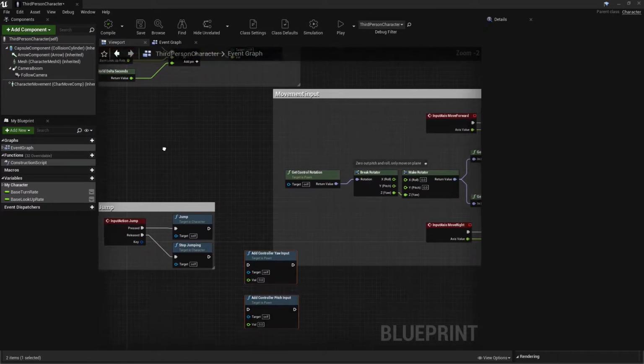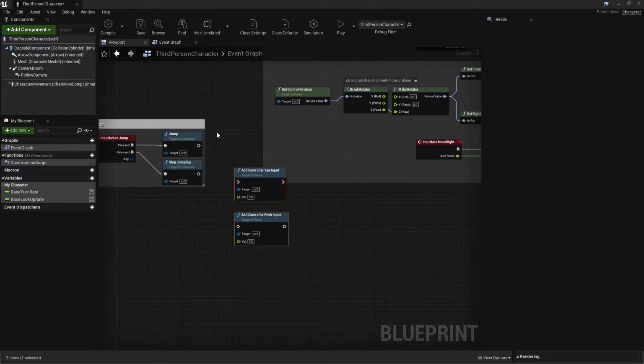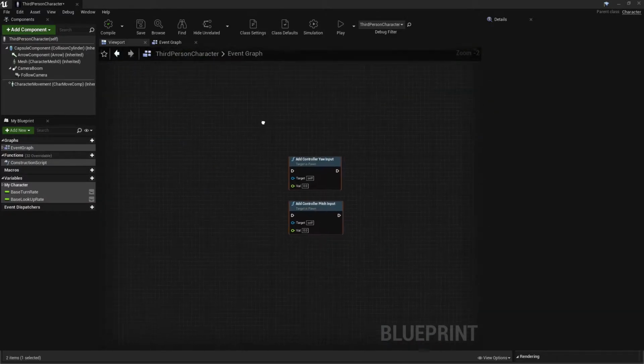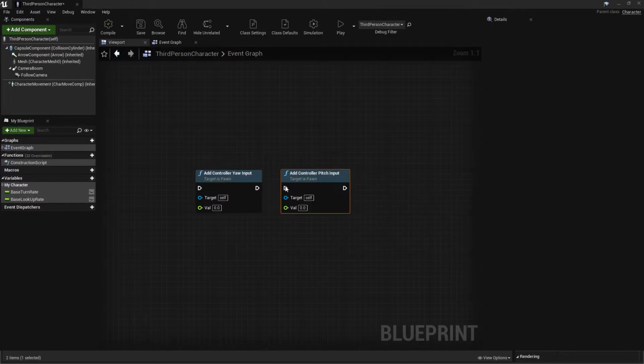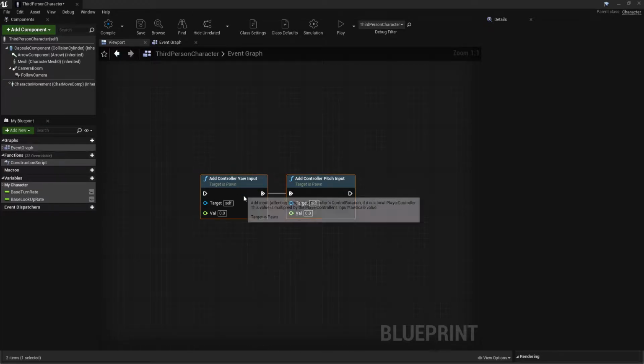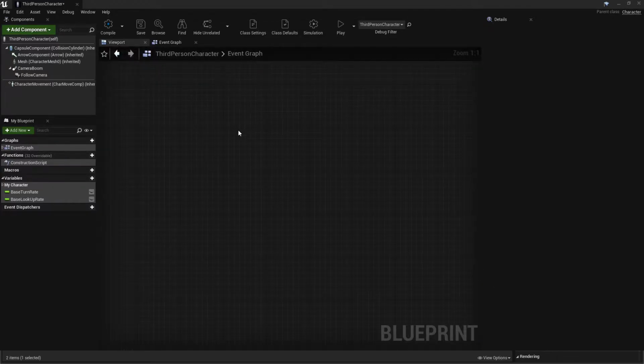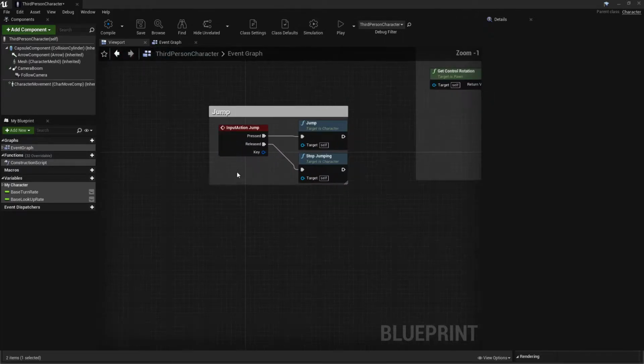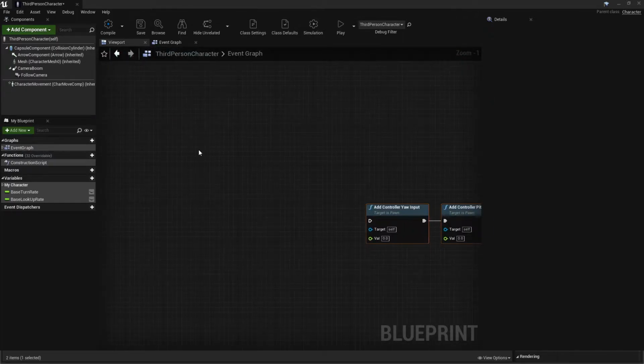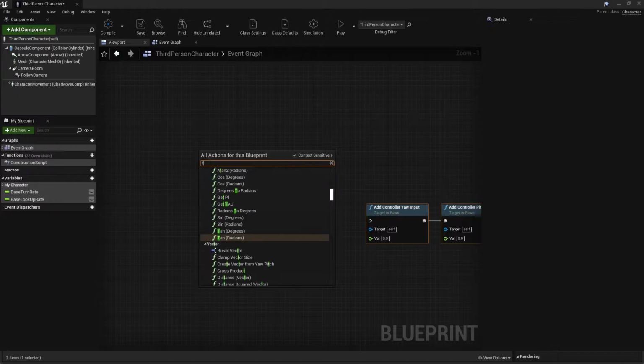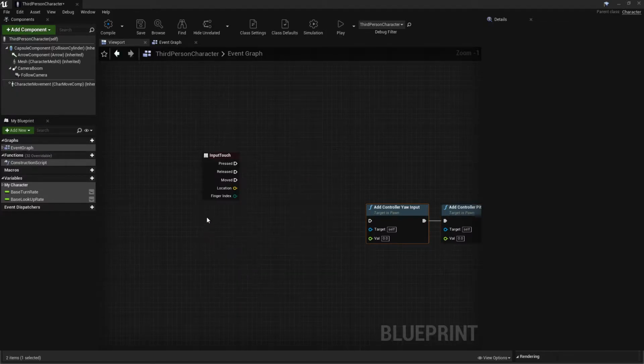So as you can see, I just deleted the move for the up down, and here's the pitch, so just connect it with this like that. And now, if you have any touch inputs also, just remove those. You only need one touch, so just search for touch, and you find it like this.